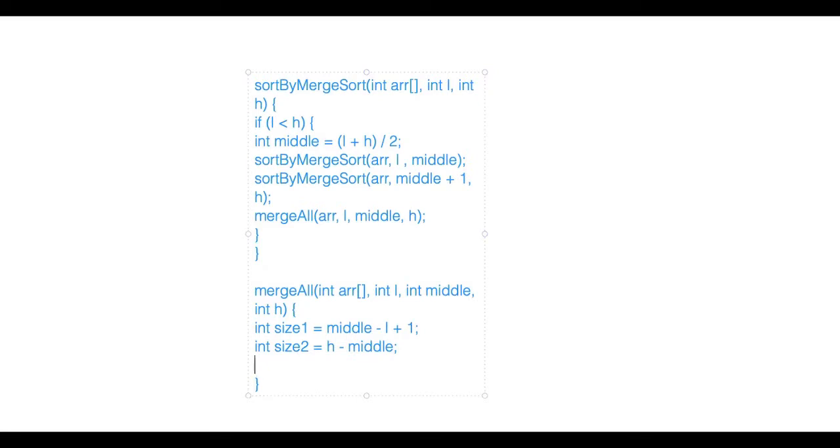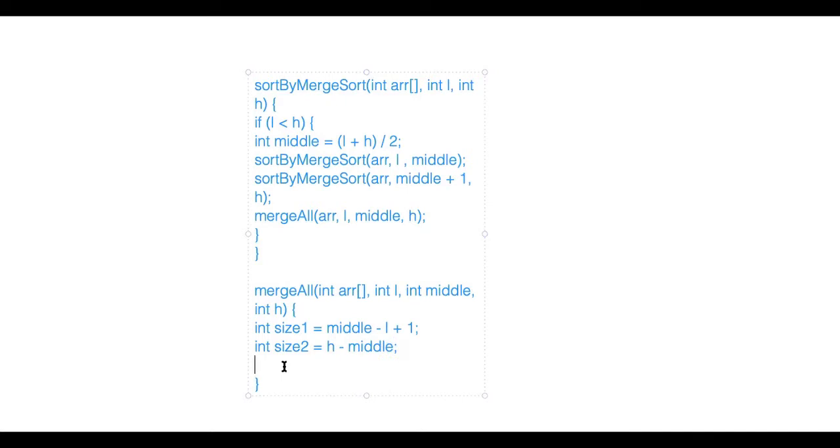If you just picturize the last example, when we divided by middle, at the end we have to merge 2 arrays using middle. So the size of both the arrays should be 3, 3. And using this logic, we are able to get 3. In the first example, we have 2 minus 0 plus 1, 3. And H minus M is 5 minus 2, 3. So here we have the sizes of both the arrays, right?